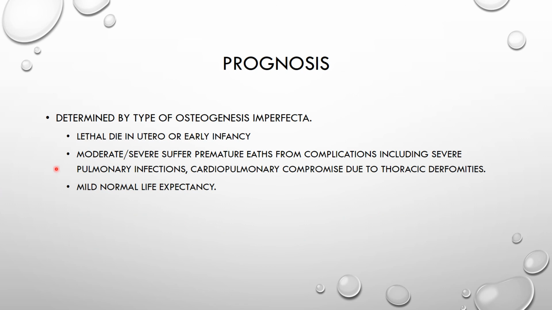Then the prognosis is determined by the type. So we said there are types 1 to 16. The lethal type, type 2, they will die in utero or in early infancy. Then the moderate or severe will suffer premature deaths from complications including severe pulmonary infections. If they have, let's say, kyphoscoliosis, they could also have cardiopulmonary compromise due to thoracic deformities. And those with the mild type can actually have a normal